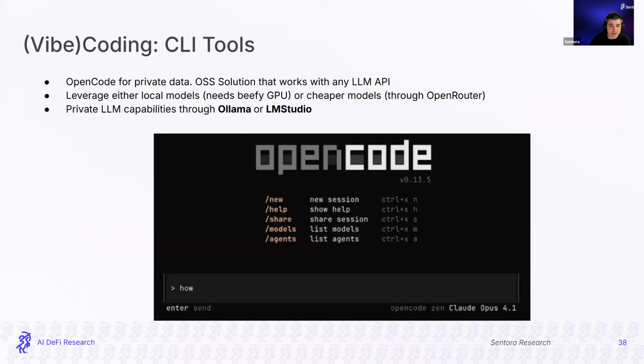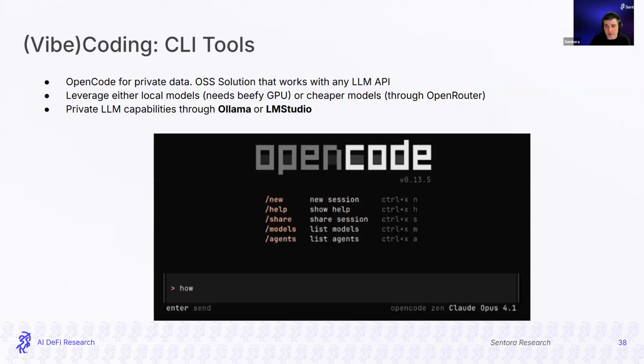It's open source and it allows us to plug in any LLM that we want. It can also leverage local models that can be run on your PC. We just need a powerful GPU, which can be expensive, but we can also leverage cheaper models.